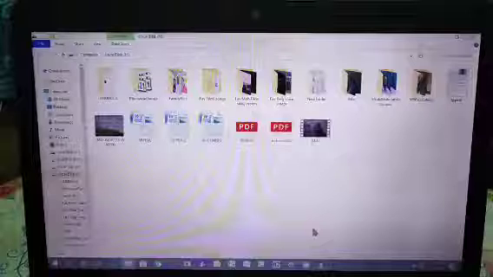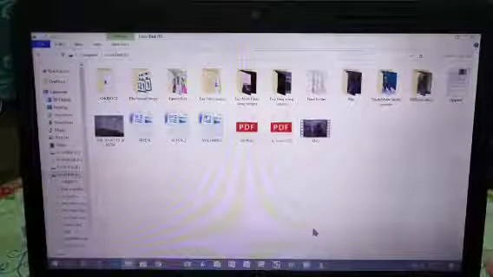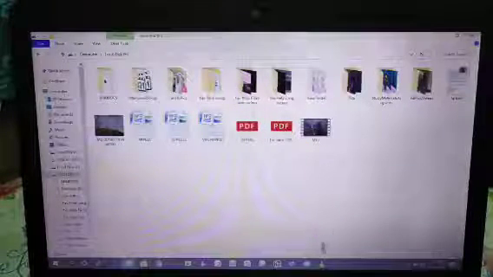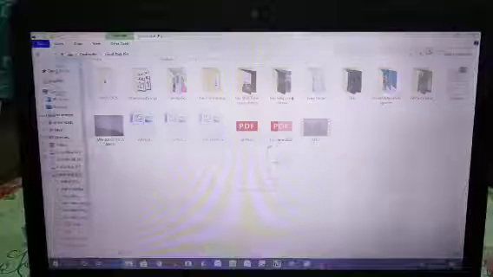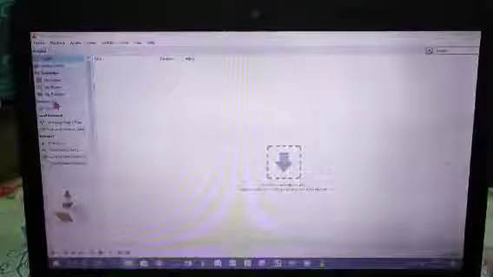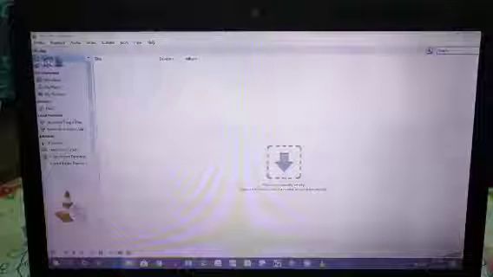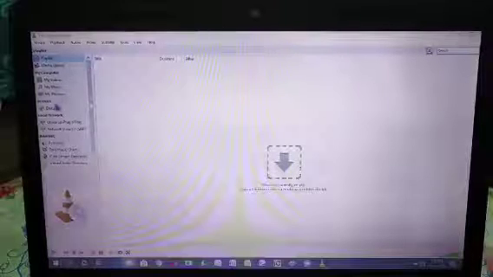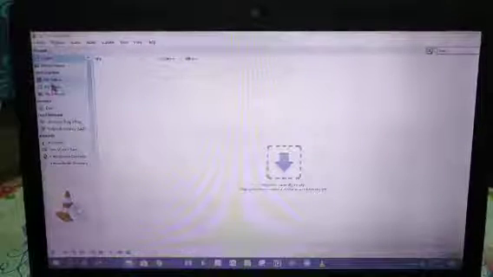Then page number 30, how to play video files. Suppose you want to play video, then again you have to use this VLC media player, and then you have to go to the drive, or you can go to my videos.